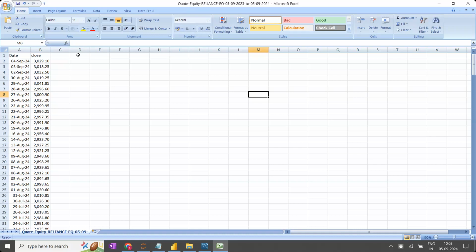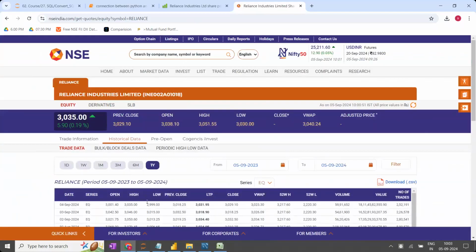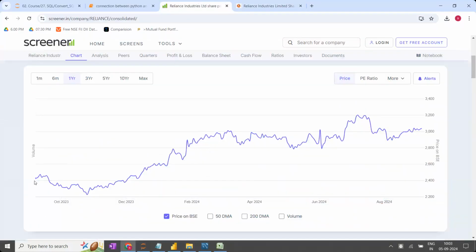So, sir, I want to make the same kind of line plot. What is the line plot in the website? It is showing here now. This is called a line plot. How did you get this line plot? On the x-axis they have considered the date, on the y-axis they have considered the value, and they have applied the line plot. If you want to see the same line plot in Python or in Power BI, just